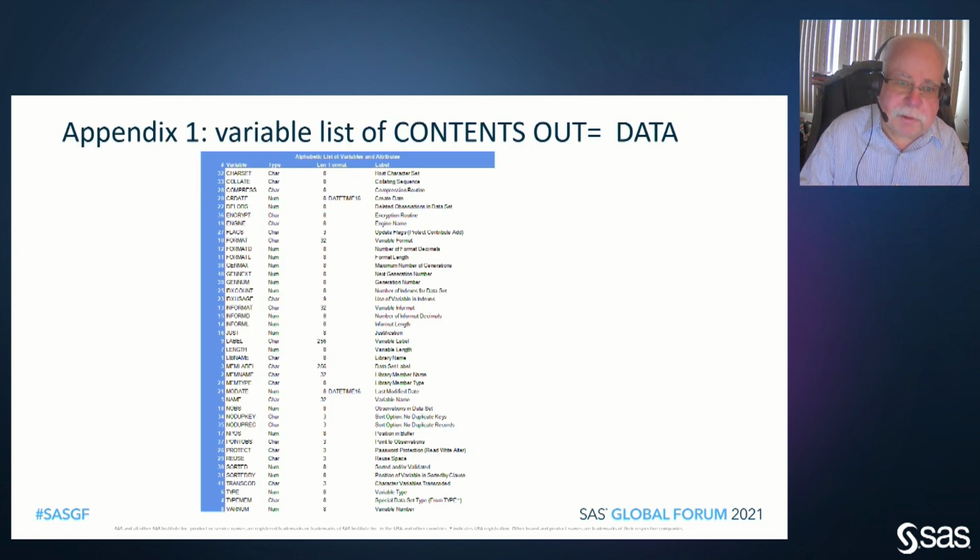Oh, okay, here we go. We got the appendix, and this is showing 41 variables that you could get out of proc contents with a noprint and output to a data set. So you could get some more information on the metadata of your data set. But typically what I would use for these applications is the name and the type. The type tells me whether it's numeric or character, and the name is the name of the variable. Now you don't have to use the SQL into to create your macro list. You can create it with a let statement, and even with returns, there are going to be blanks until the last variable is pulled out.